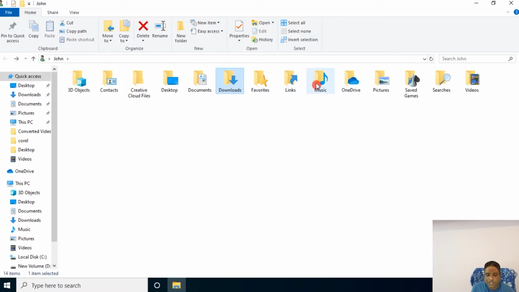Then we have music. Whatever music you download will automatically come under this folder. Then pictures, same thing. Whatever pictures you download from the net will go in pictures. Similarly videos.